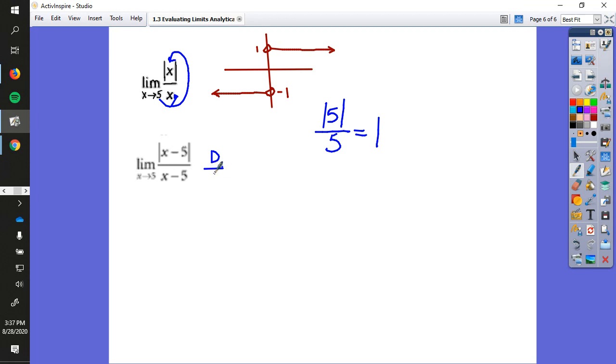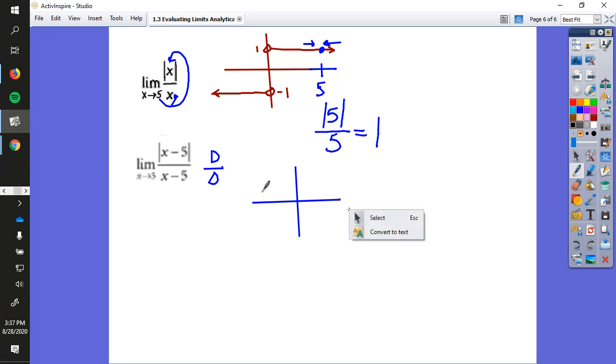Now this is a little different graph. It's not the same graph. It looks similar, but it's shifted. But if we go over to 5, you can see why it's 1. The limit as I approach from the left and as I approach from the right is 1. That's why we got the answer for the first one. But on the second one, and again, we don't have to graph it, but it's good to see,